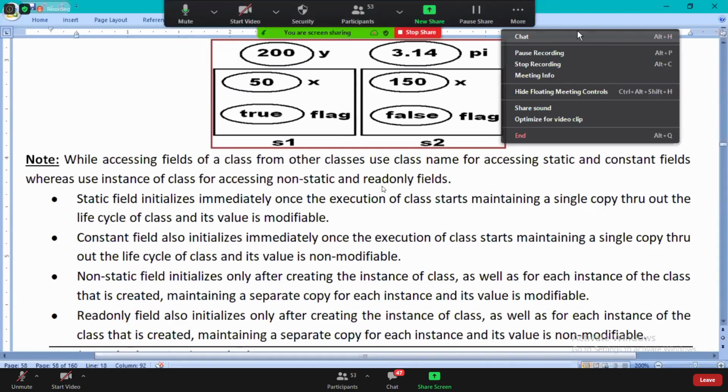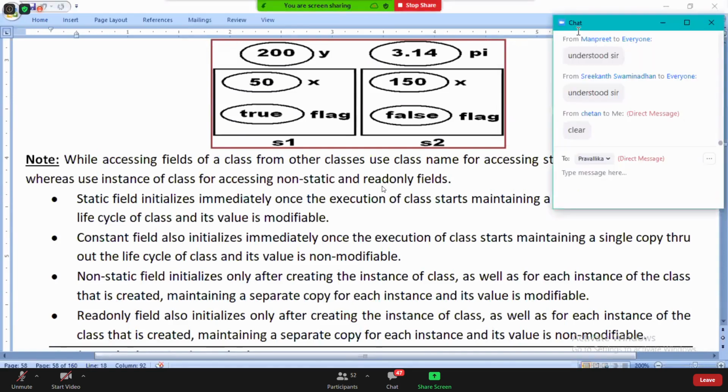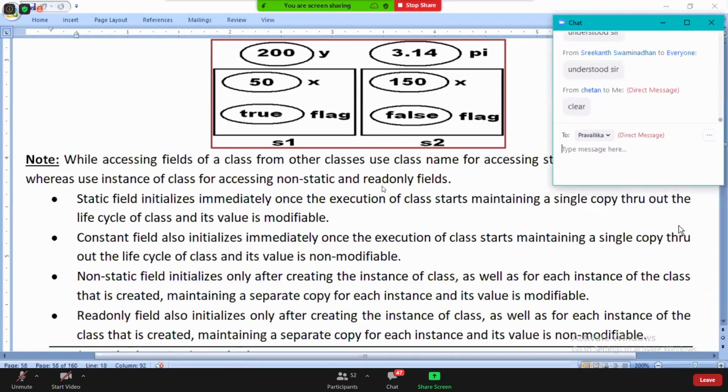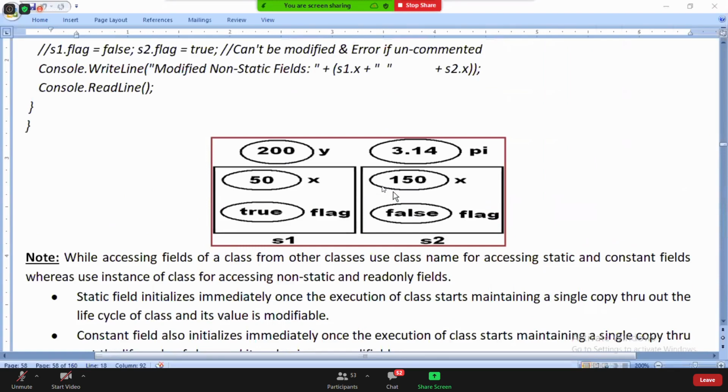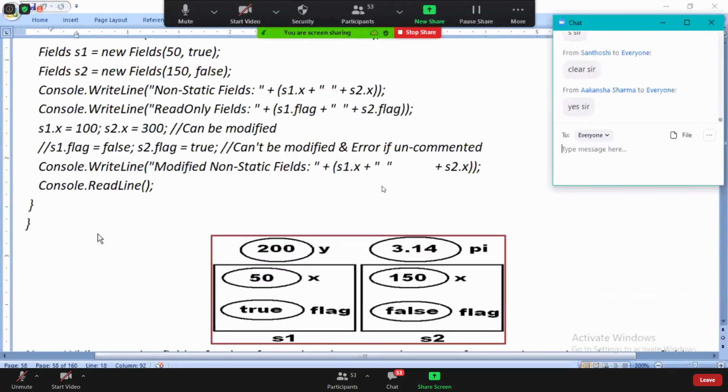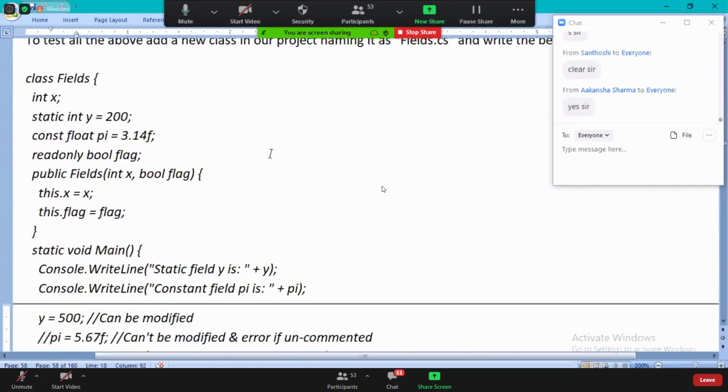All of you clear? So this is all about how things are going to work. So these are all the things now.